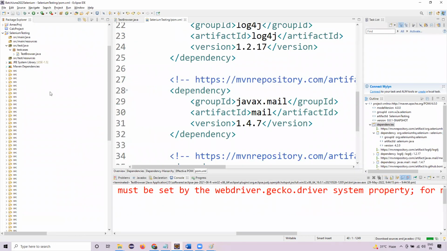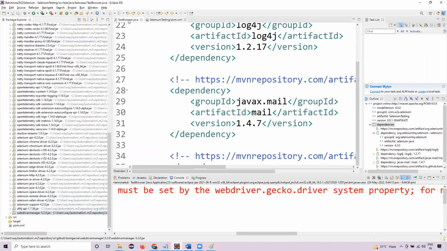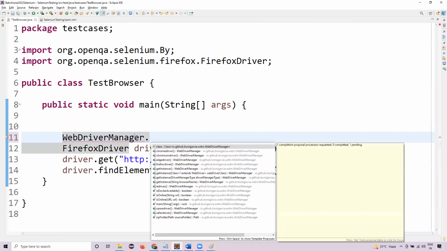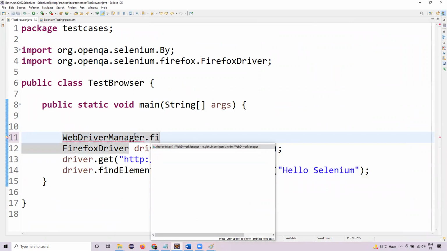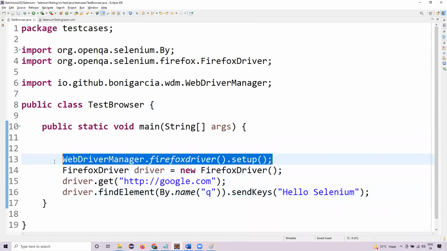So let's see, WebDriver Manager is added over here. Now what we need to do, we just need to write one line of code over here. That is WebDriverManager.firefoxdriver().setup(). In case we are working on Firefox, that's it. This line is automatically going to download the browser executable file based on whatever browser version you have on your